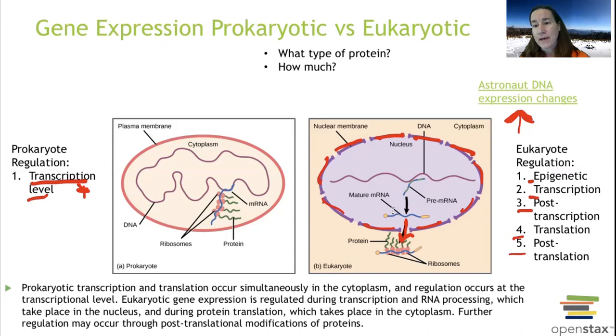Then they came back and compared the one who stayed in the space station, to see what genes he was turning on, what genes he was expressing that he needed to express out in space versus his brother that didn't need to express those genes. And then they called them space genes.